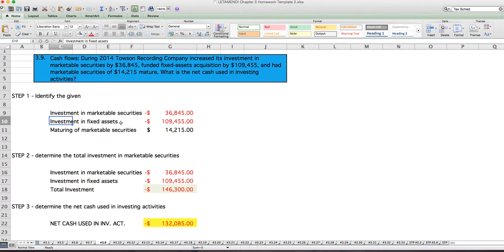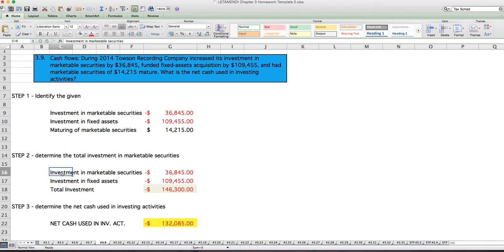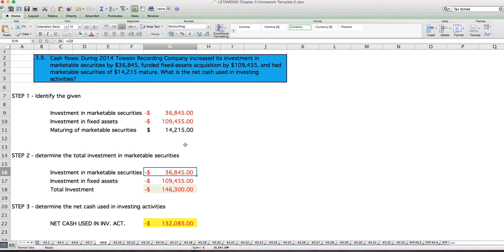Then investment in fixed assets, right? Cars, plant, whatever. This is also money out. So then I listed it here as a negative 109,455. And the maturing of marketable securities is $14,215. So now that we've identified the given, the second step is to determine the total investment in the marketable securities, right? So the investment in the marketable securities is this,